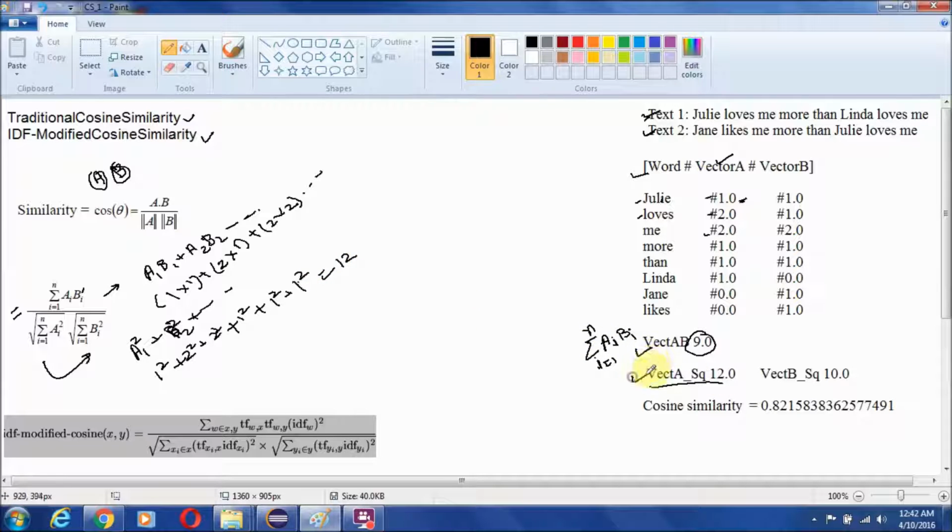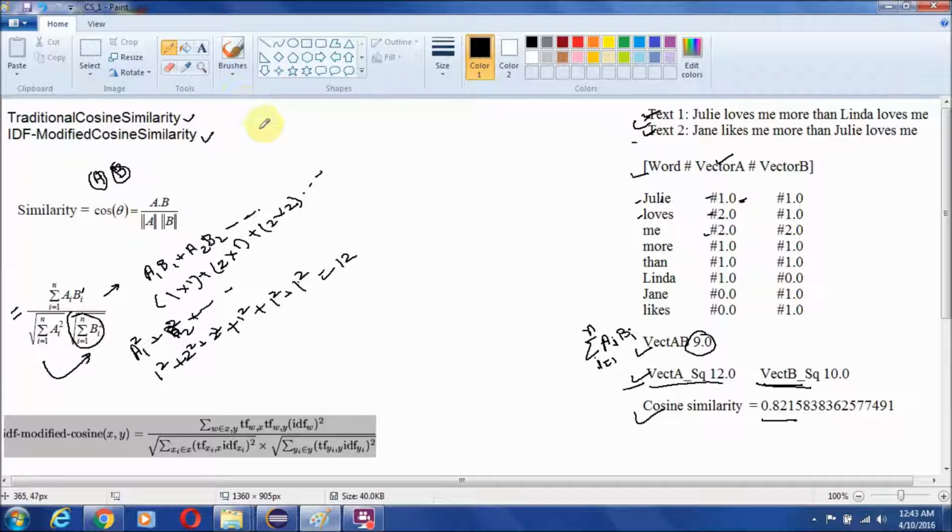It is given here. And similarly we will calculate this part, which is equivalent to 10.0, and then we can calculate the cosine similarity between text 1 and text 2, which is equal to 0.821.